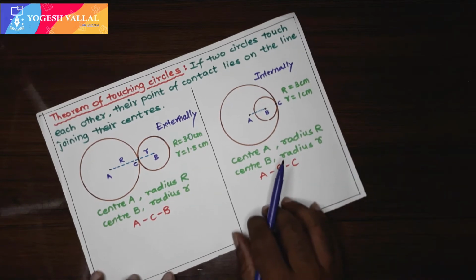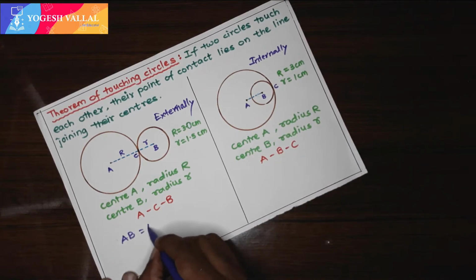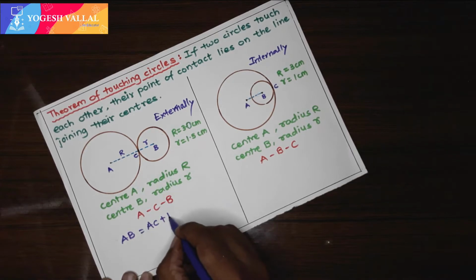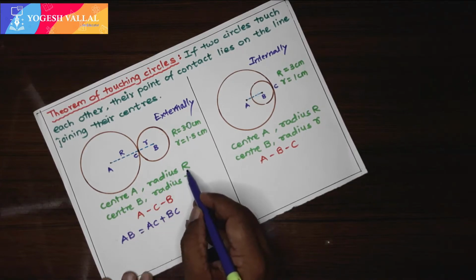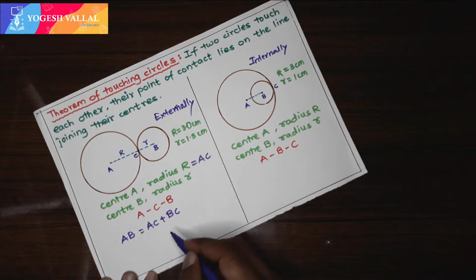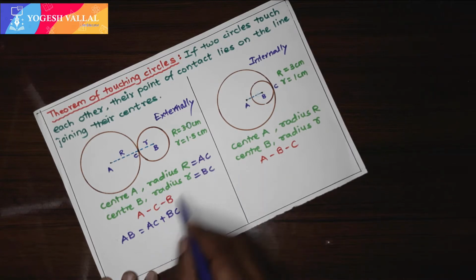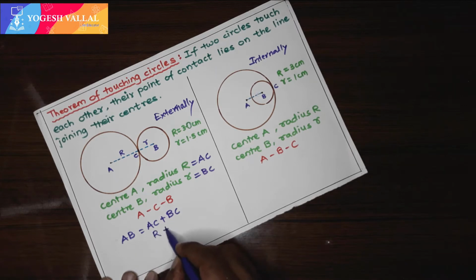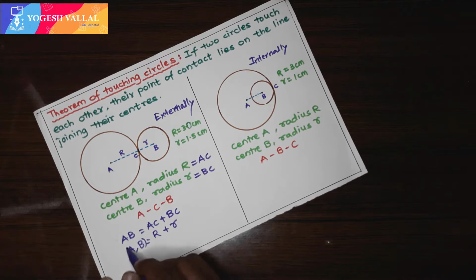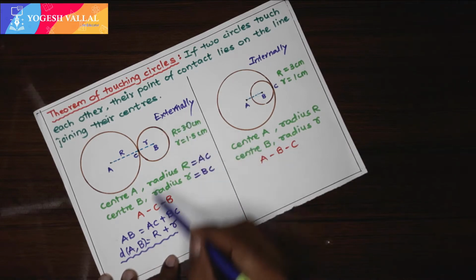If we observe here, we can write that AB is equal to AC plus BC. Now, R is the radius of the first circle, that is AC, and the radius of the smaller circle is BC. Now I am going to substitute the values. AC is capital R and BC is small r, and AB is nothing but the distance between A and B, that is, the distance between the centers of the circles touching externally is equal to the sum